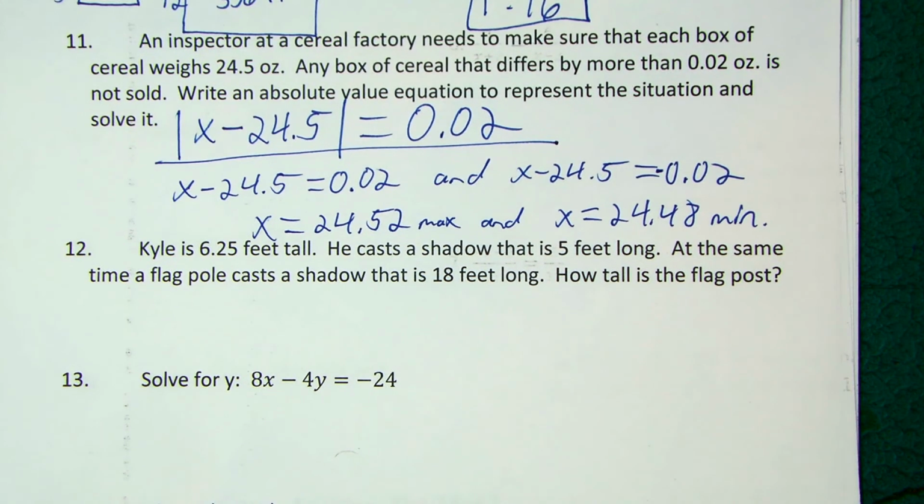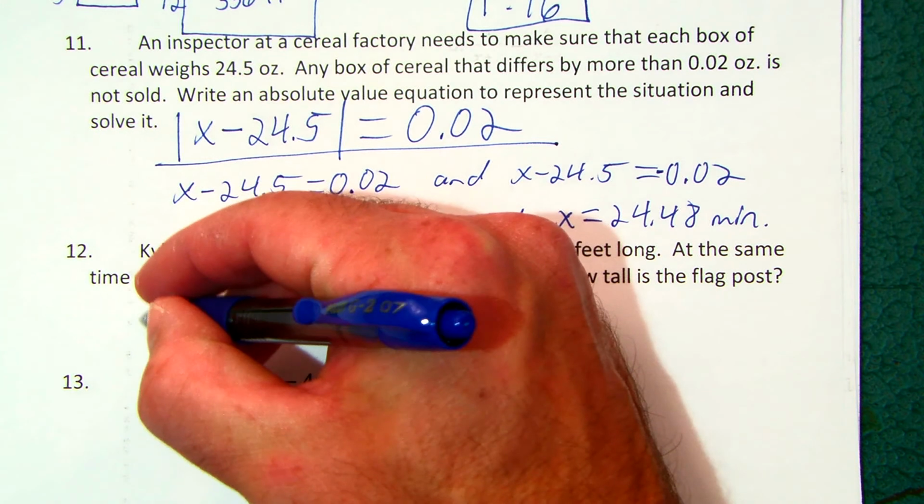All right, so Kyle's 6.25 feet tall. He cast a shadow that's 5 feet long. At the same time, a flagpole casts a shadow that is 18 feet long. How tall is the flagpole? So when we talk about Kyle,